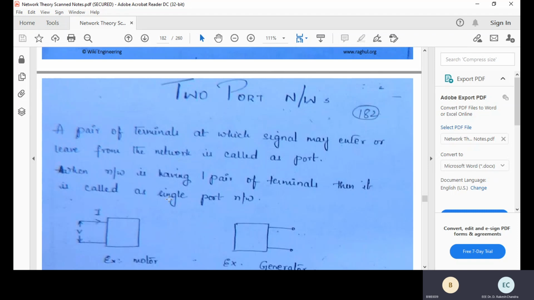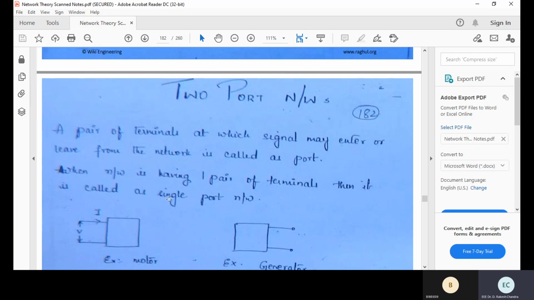Visible, sir. Right. Today we will start two-port networks, and some more problems on transients in the coming classes. Within 4 to 5 days, I'll complete the syllabus. Later, we'll take one day to solve the problems in network theorems and transients.